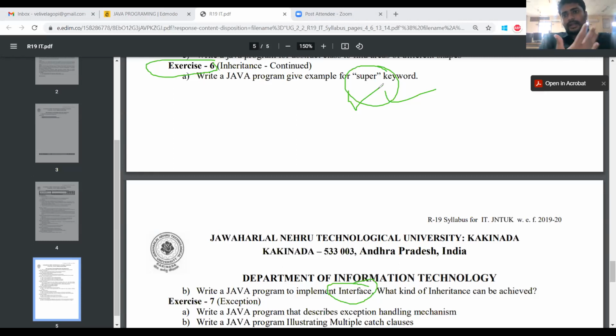Suppose we have defined the method add in the superclass. The same method can be used by the subclass also. So there is a need to differentiate these two things. In order to differentiate between the superclass and subclass, we will use the keyword super. So let us demonstrate this one.